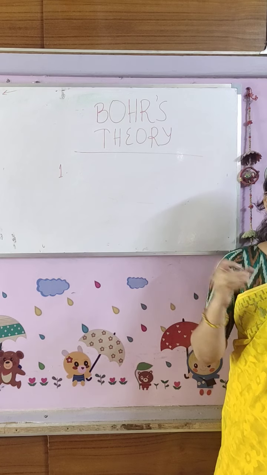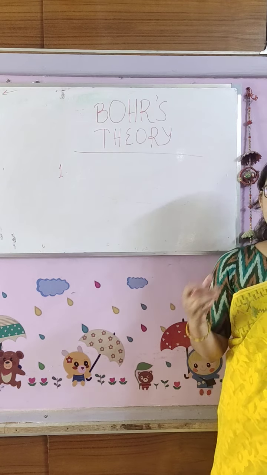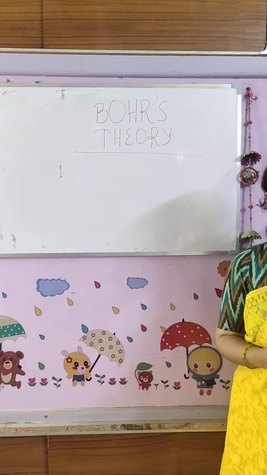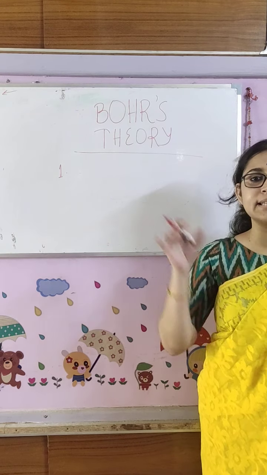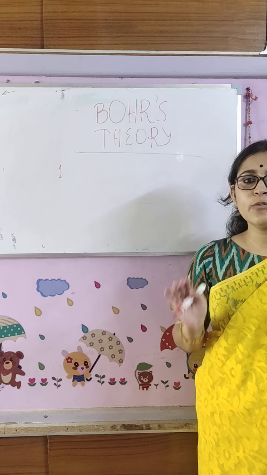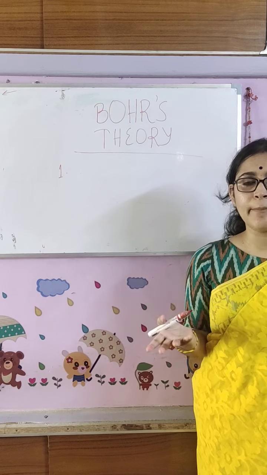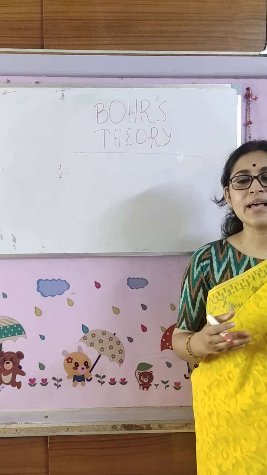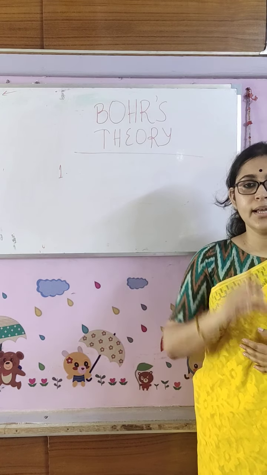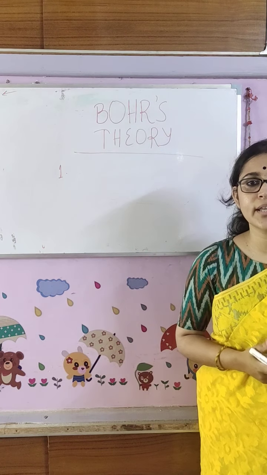In a simple form, I will make you understand what this quantization is. Have you seen staircases in your home? I think all of you have seen. So what can we see in those staircases? There are definite steps, and from one step to another step we have to put our foot. Now if we want to place our foot in between the two steps, what will happen? We will fall down. Same as in the case of an atom. There are definite shells. In between there is no state where an electron can exist.